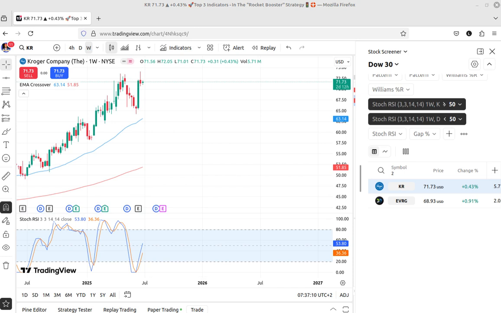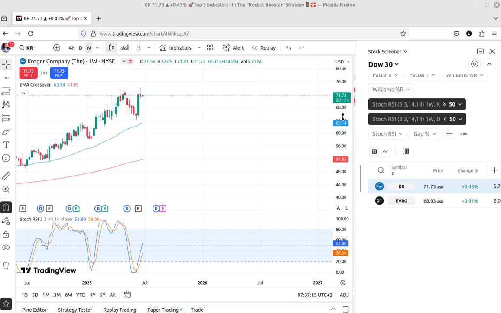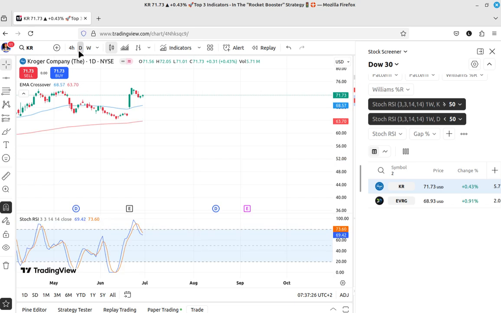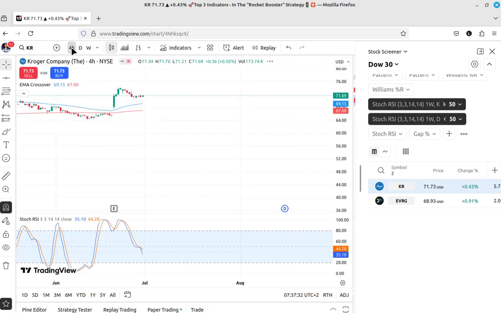Yeah, so we're back again. As you can see here, the key is to start on the weekly reversal, right? Then we want a daily breakout, and then on the 4-hour chart, basically what we are looking for